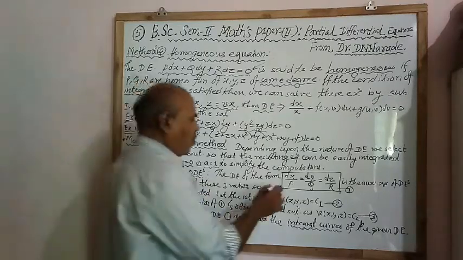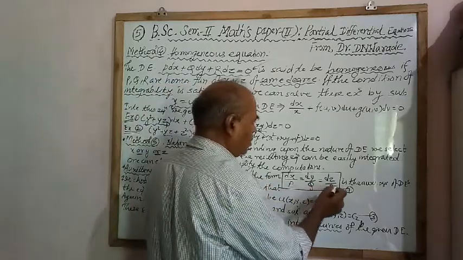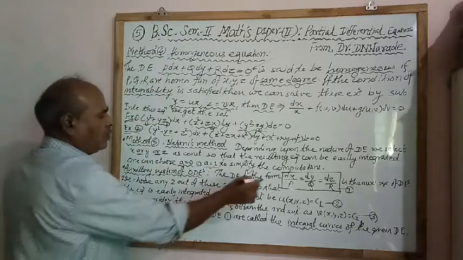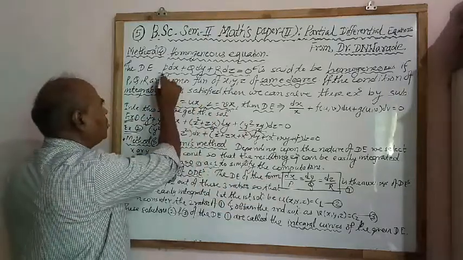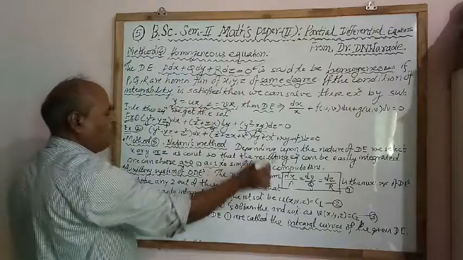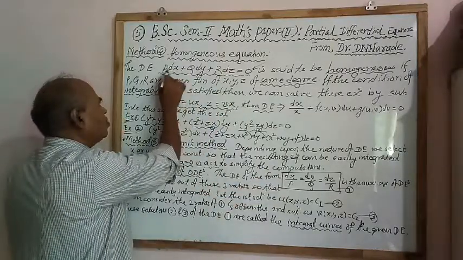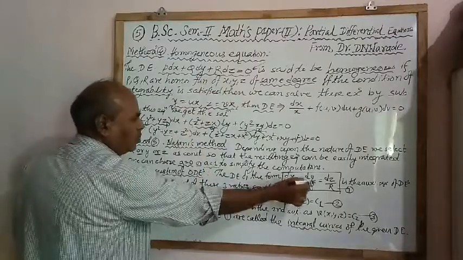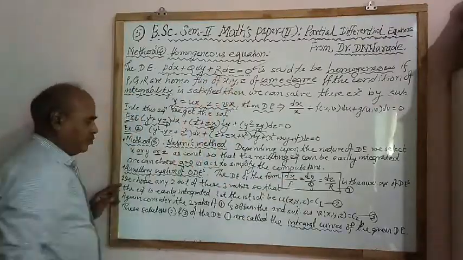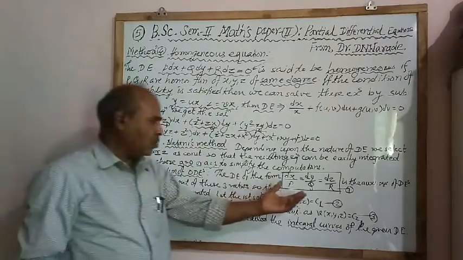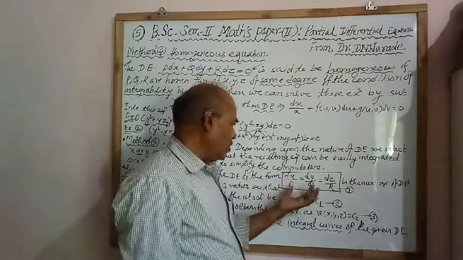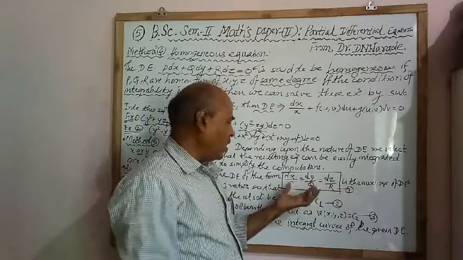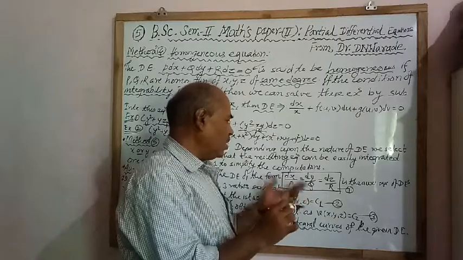Then next we see the auxiliary system of ordinary differential equations. The differential equation of the form dx by p equal to dy by q equal to dz by r is the auxiliary system of differential equations. This can be obtained from the given equation p dx plus q dy plus r dz equal to 0. dx by p means the coefficient of dx, dy by q means the coefficient of dy, and dz by r means the coefficient of dz. Now from these three ratios, we can select two ratios, first and second, third and first, or second and third, so that the equation can be easily integrated.